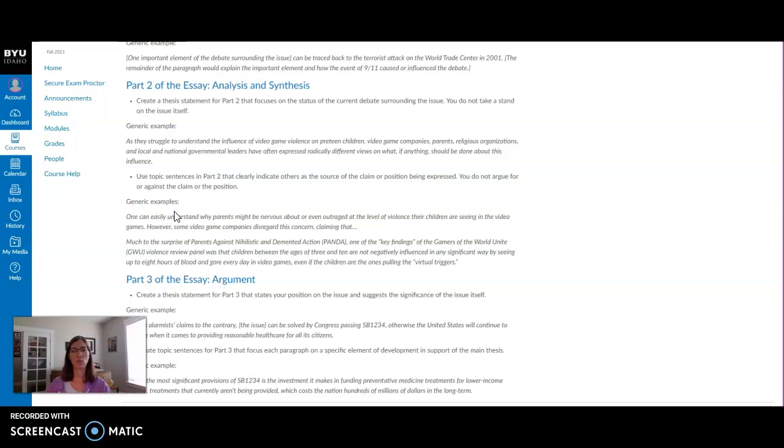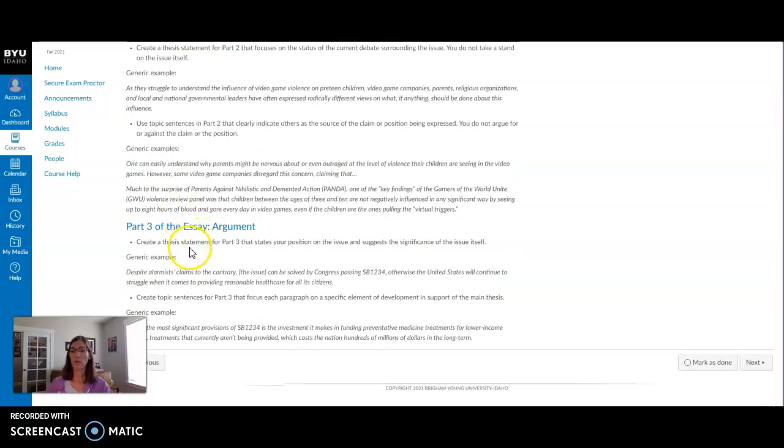And you do want to make sure in your thesis statement you do include the lenses which you are going to be looking at for the argumentative side of your paper, the 3 different points of view, minimum 3. Part 3 of the essay is the argument side of it. This is where you're going to take a stand and what are your thoughts, your ideas, backed up by the information. When you're done, please mark as done.